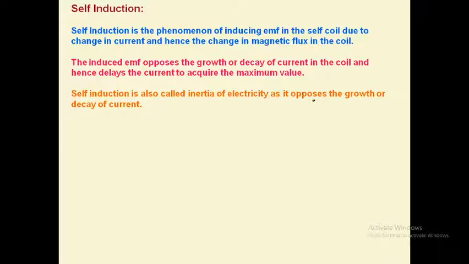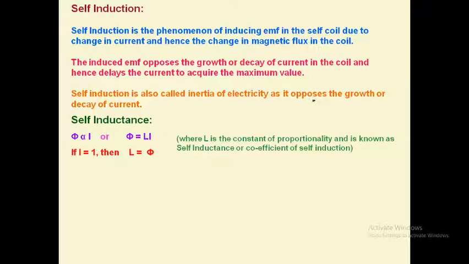Now it is very much similar to inertia of a body, which opposes the change in its state of rest or motion. So similarly, when you try to increase or decrease current in a coil, remember the word coil, it will happen only when you have a coil. Whenever you try to increase or decrease the current in a coil, then it will oppose. This phenomenon is called self-induction. Now self-induction can be measured by a constant known as coefficient of self-induction or simply self-inductance.